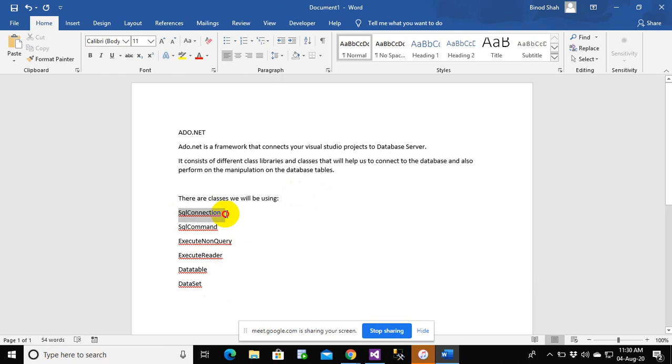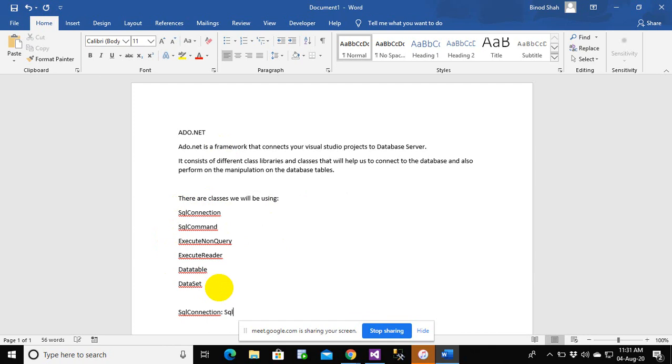Now let's see the example for each, and also we'll try to write a program to understand SQL connection, SQL command, execute non-query, execute reader, data table, and the data set. So we'll try each one. The first thing that you'll have to understand is the SQL connection. This is the very first thing that we will do.